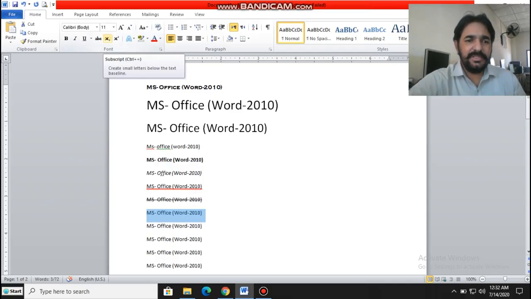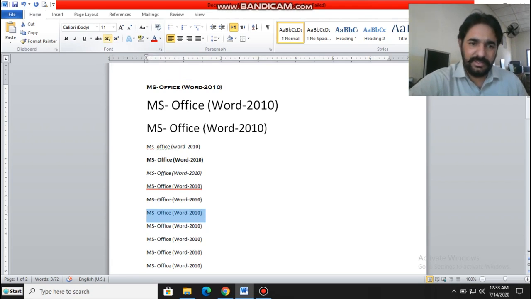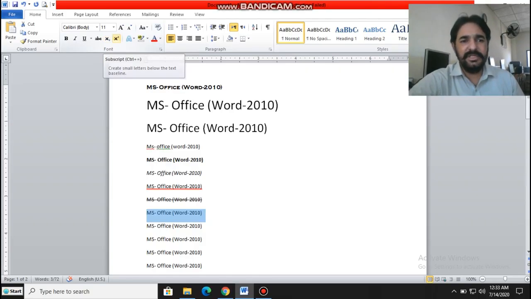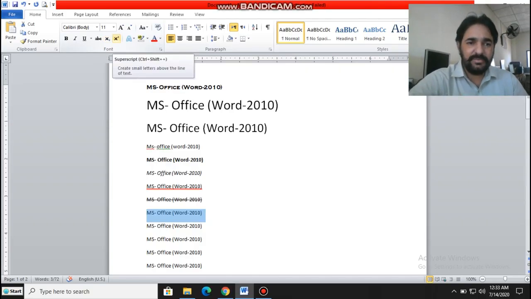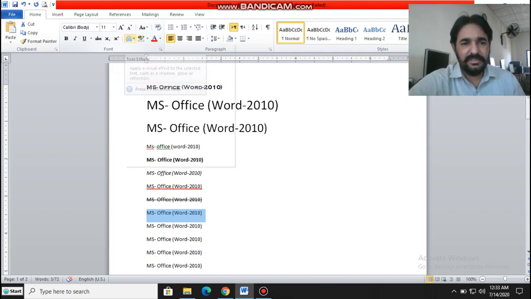Then this is subscript and superscript, on the bottom and on top. Normally you see this in mathematical formulas, like x square or x upon 2 and x2. These are the options where you can utilize these things.